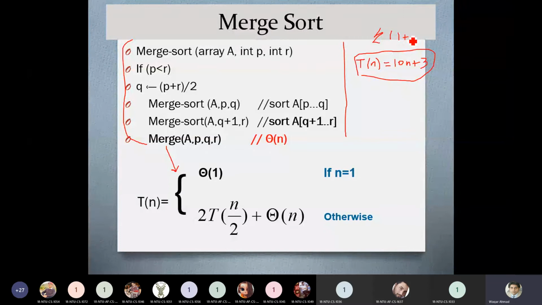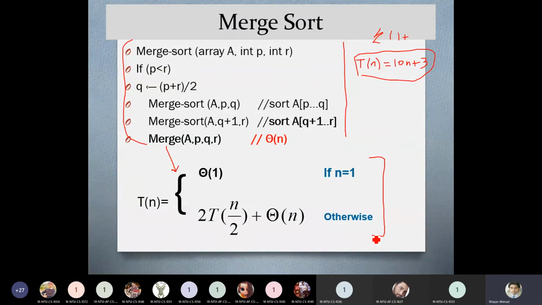But the thing which I'm trying to explain here is, whenever we are analyzing divide and conquer strategy based algorithms, first we need to convert these situations into the recursive equation, and this is the same thing which we have done for merge sort. We have transformed the merge sort algorithm into this recursive equation, which consists of two parts: the base part of the recursion, and the recursive part of the equation.